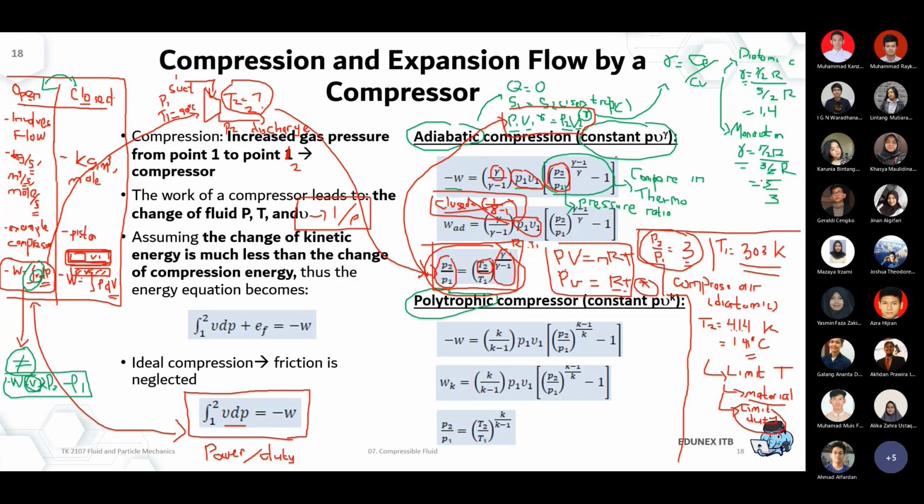So that's one of the explanations why it's very common to limit the centrifugal compression ratio to 3, to limit the discharge temperature. I will explain it further in the next slide or the following slide when we talk about multi-stage compressors. Any question up to this point about adiabatic compression?